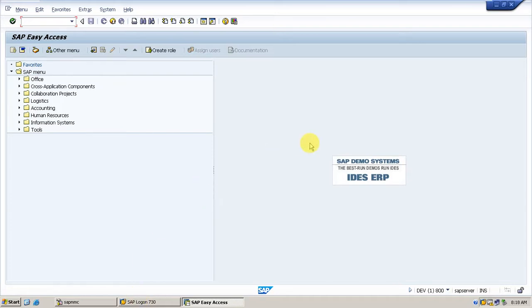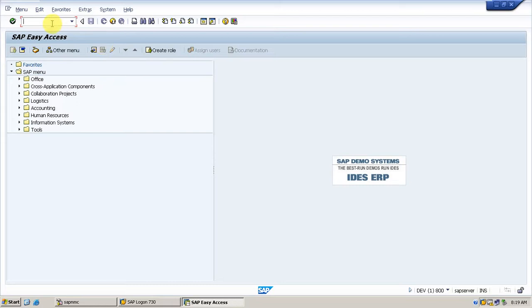So this is nothing but our basic screen. Today we will learn how to create a table in SAP ABAP. I have already discussed the syllabus in the previous session. Whoever has not gone through that session, I would request you to go and see that session first before this one. We will start with creation of the table, then we will see what is data element, what is domain, how to create data element and domain, and we will see how to maintain data in any table, or we can say table maintenance generator.